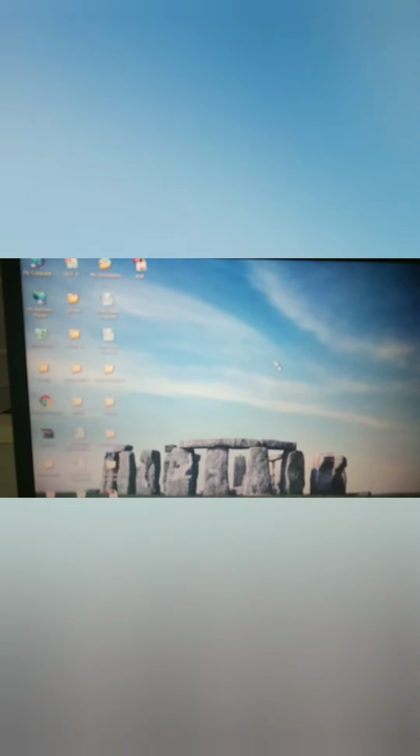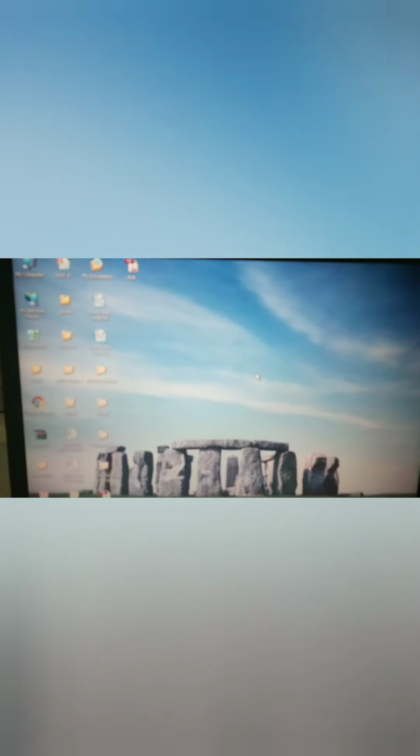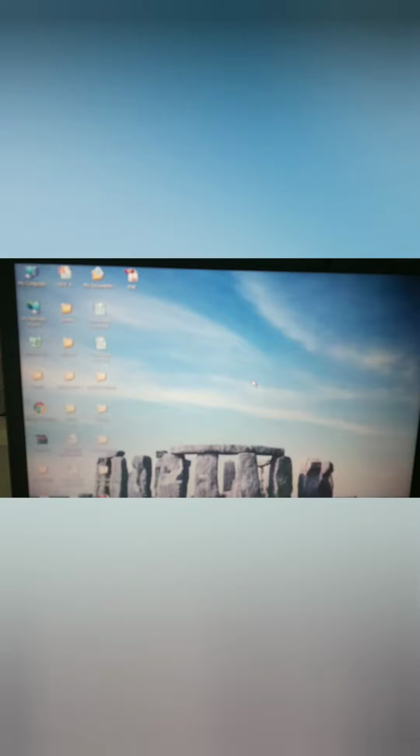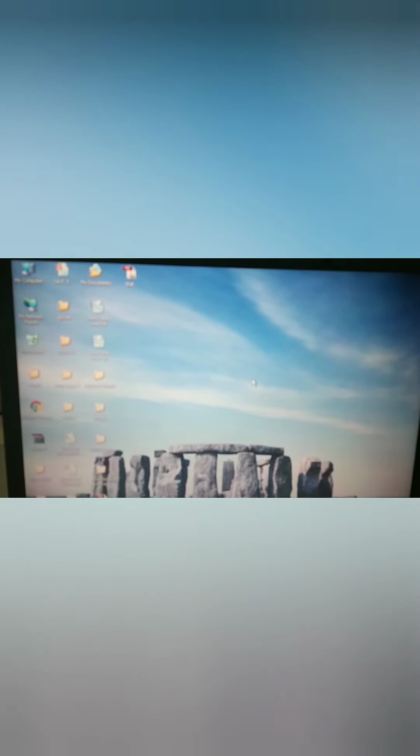First of all, on this empty space of the desktop we will right click. Options appear, a drop down list appears. Now the last option, that is properties or personalize.